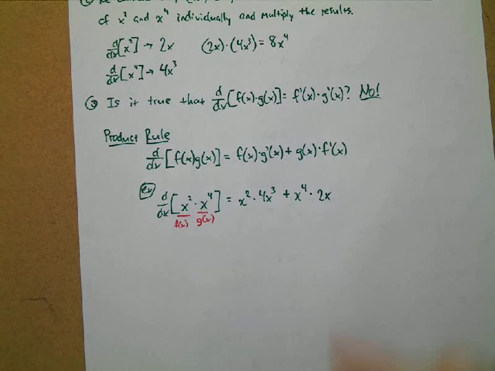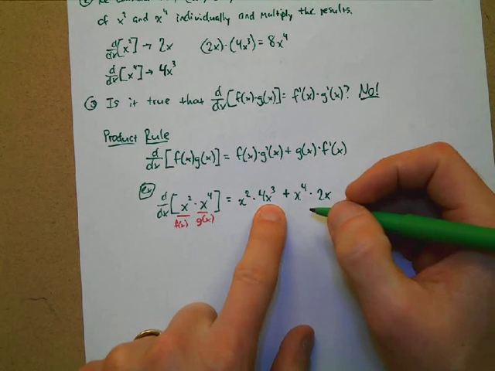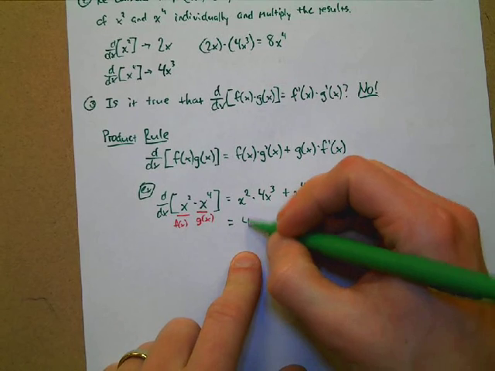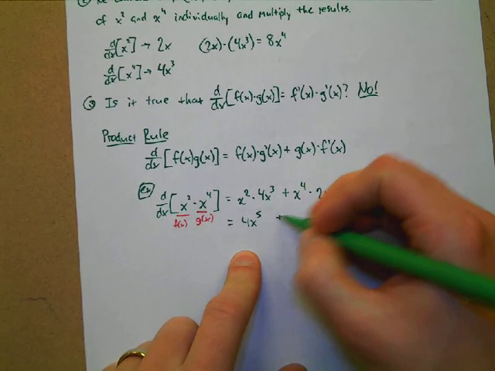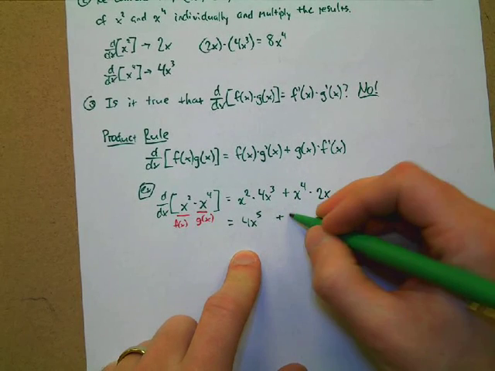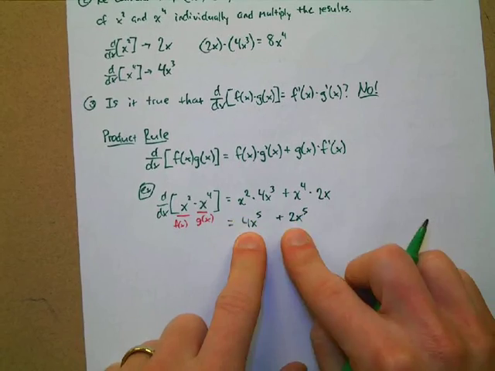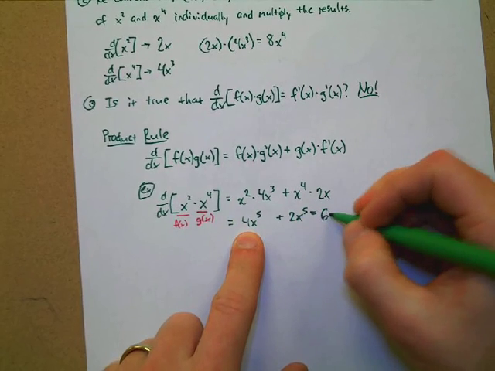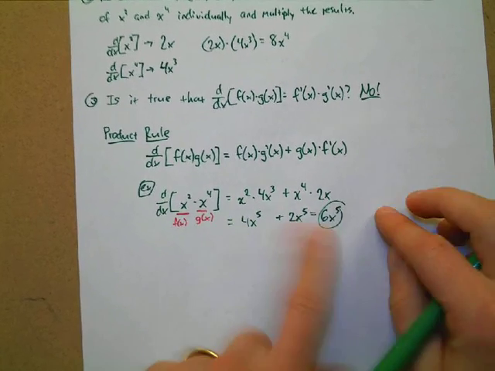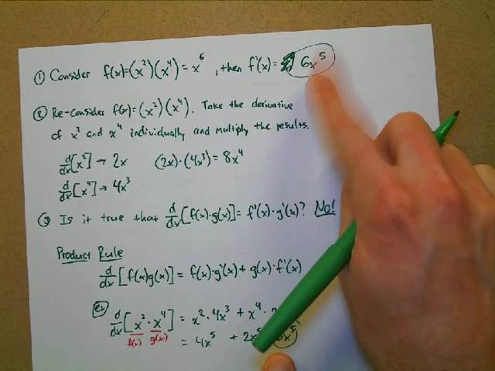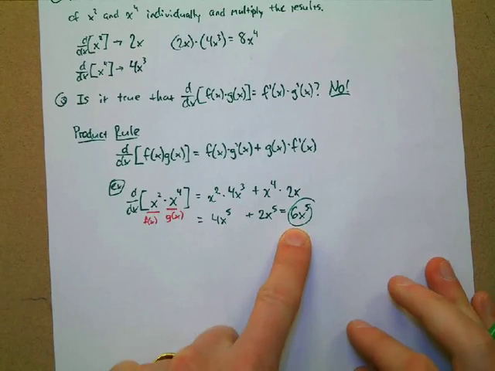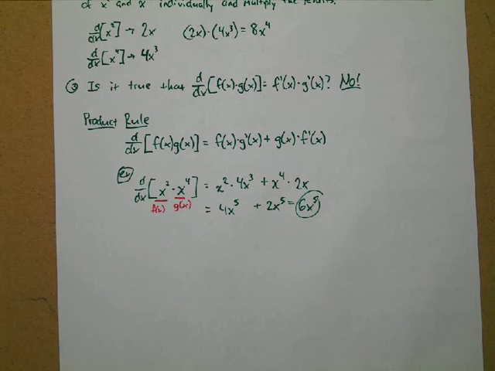Mr. Whitmire, it's more work this way to use the product rule than it is to just multiply it out. Yeah, you're right. If you can multiply it out first and then take the derivative, that's fine. Sometimes, though, there are situations where you can't multiply it out first. Okay? So like this one, you could totally just do x squared times x to the fourth, boom, be done with it. But what about something like